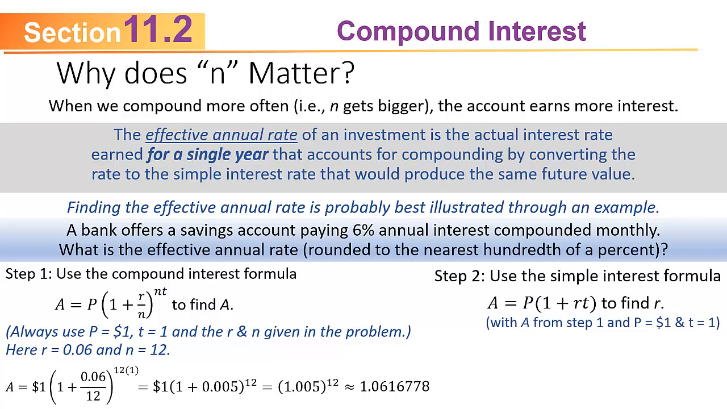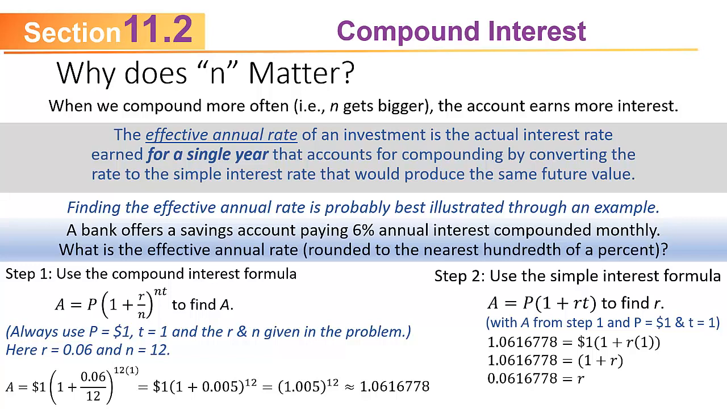That's step one. Step two is to take the simple interest formula. So we're trying to change it and see what it would be if it were just simple interest. So take the amount earned and plug it into the simple interest formula. So I'll take that A value of 1.0616778 and let it be the A in the simple interest formula. I'm still investing $1 for a year, so P is $1 and T is a year. And if I do that calculation, I end up with